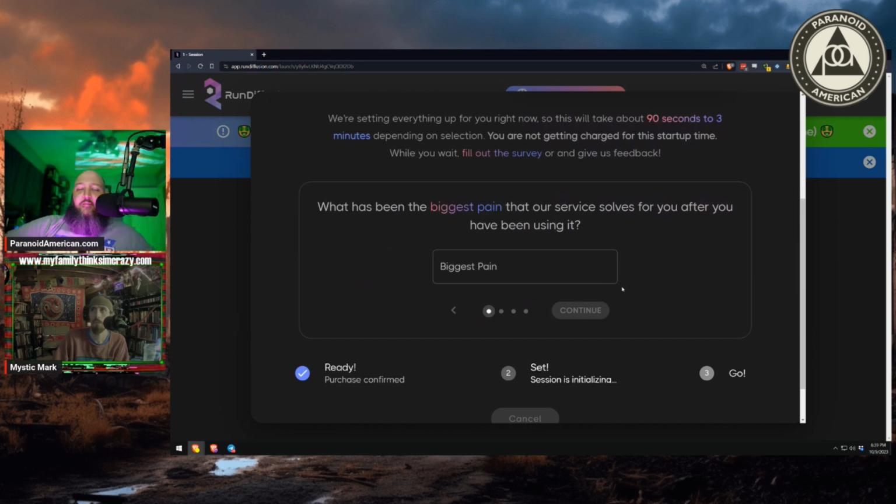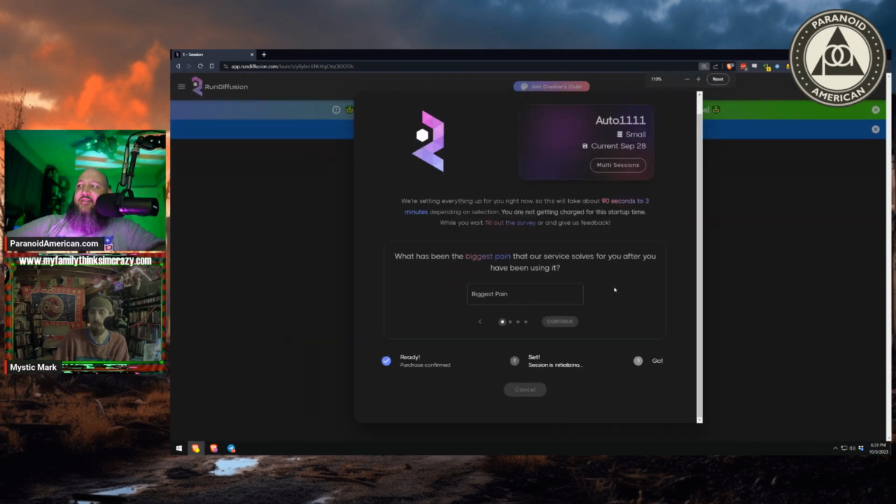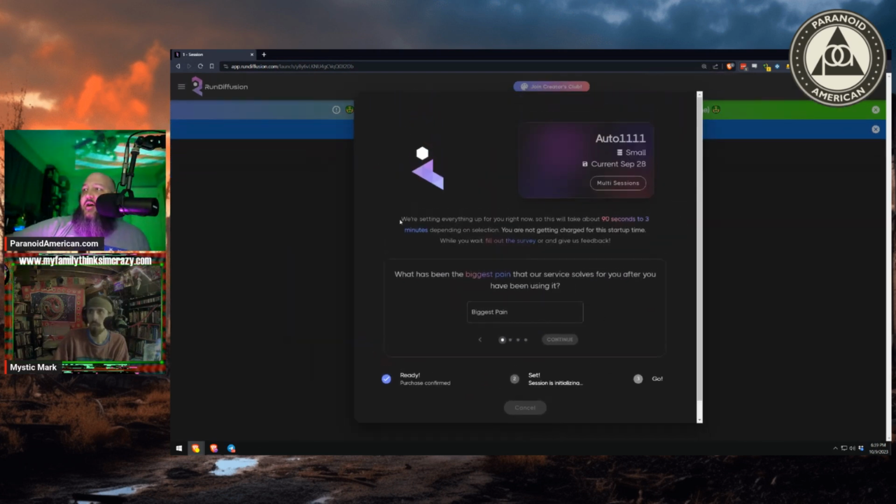And I'm gonna zoom out a little bit just so I can figure this out. Oh, this is new. This is cool. So I guess they give you a little thing. It's going to take 90 seconds to 3 minutes for this thing to start, and you can see here session is initializing. So the default one that now loads when you run RunDiffusion or almost any Stable Diffusion, most people